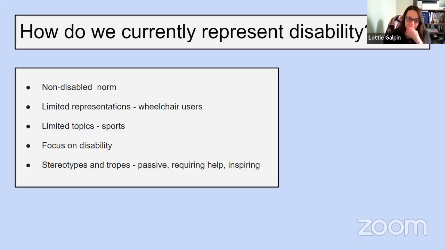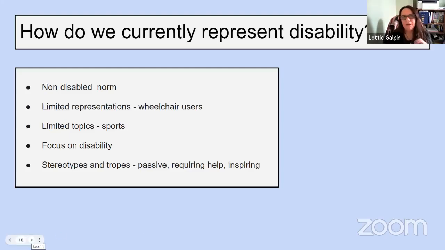Or if we were to supplant the disability, if we were to replace that with any other form of marginalization and say, in spite of that, they have done well, it would be considered so incredibly offensive. So why we allow that to happen with disability seems very strange to me. The final thing I think we tend to do is we focus on certain tropes and stereotypes. So disabled people are passive, disabled people require help, disabled people are inspiring, they only succeed in spite of, their only value is being there because they succeed in spite of their impairment.